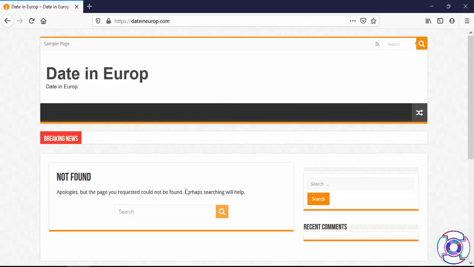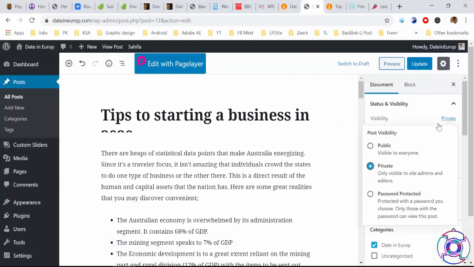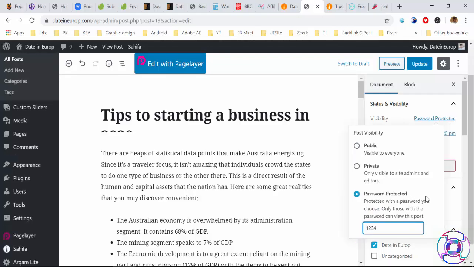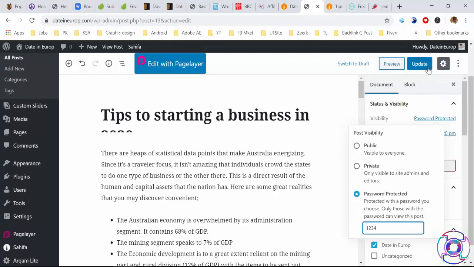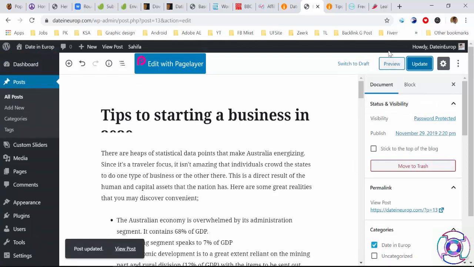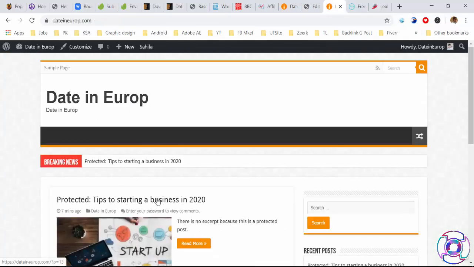So again I come back and change this post to password protected, and I put password 1234. Then update, and I click on it, this one is protected.